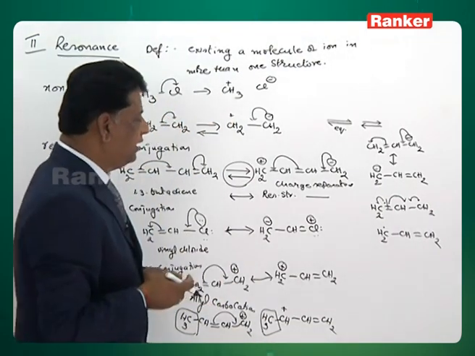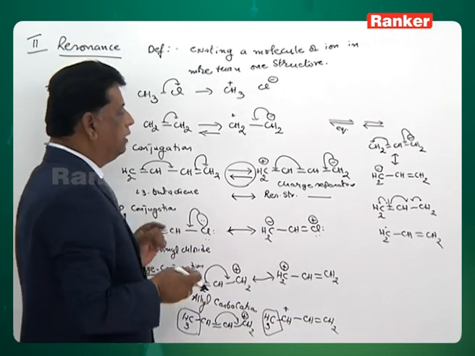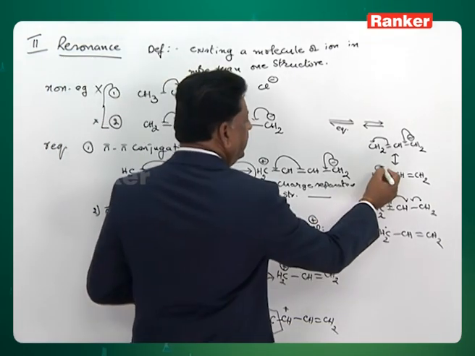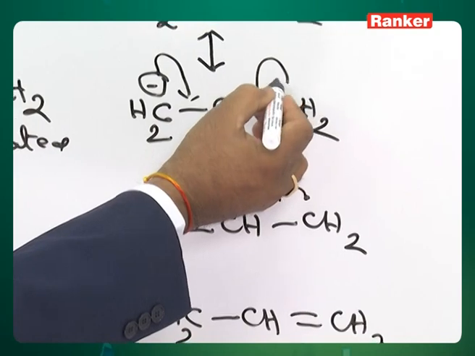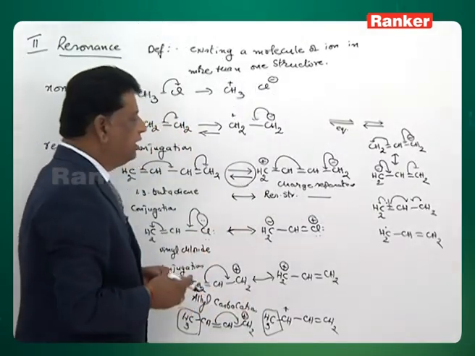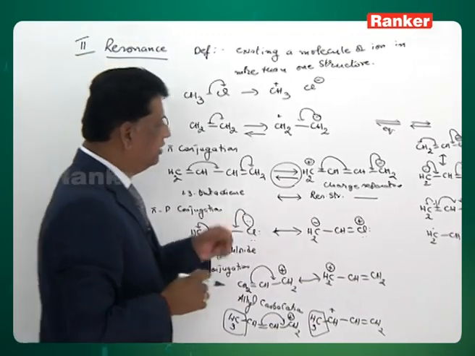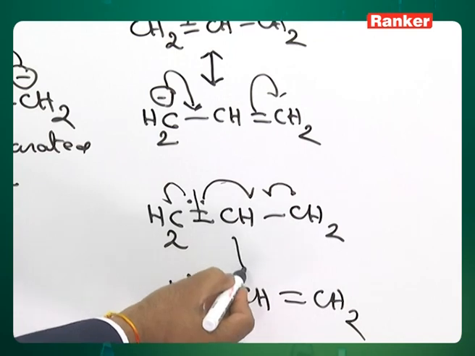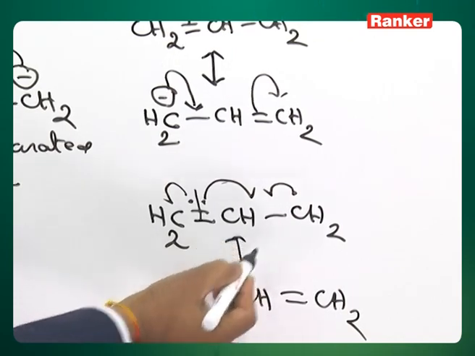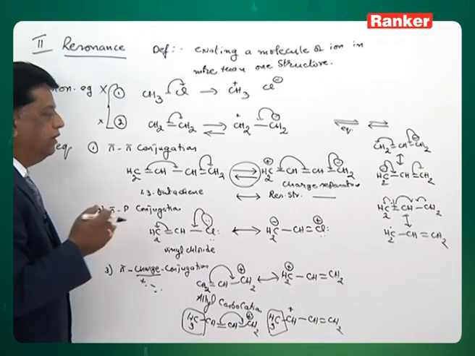So when free radicals are involved, the arrows should show one electron shift, okay. If this minus is given, this goes like this. Here I am using full two-sided arrows. When one electron is there, I show only one electron shift. So therefore there is a difference between these. However, the symbol is the same. You can't use the half, that is one-sided hook arrows, here. The same resonance symbol I am using.